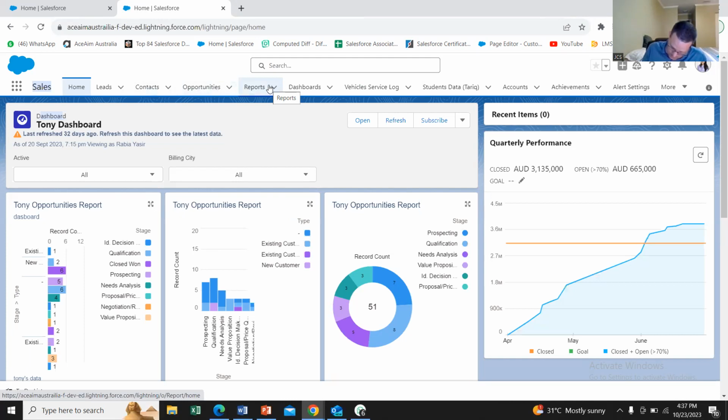These are all objects. Now we have certain objects here. We have leads, contacts, opportunities, reports, dashboard, accounts. Now I will write some of the standard objects, which are accounts,